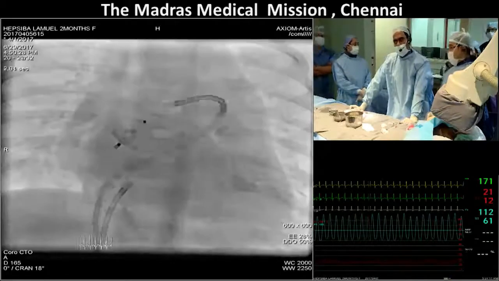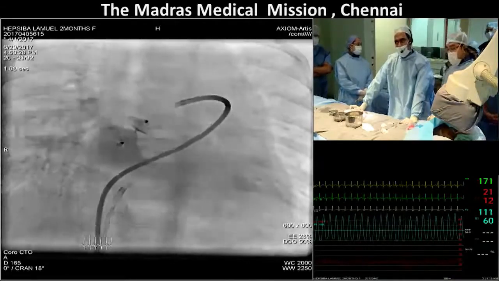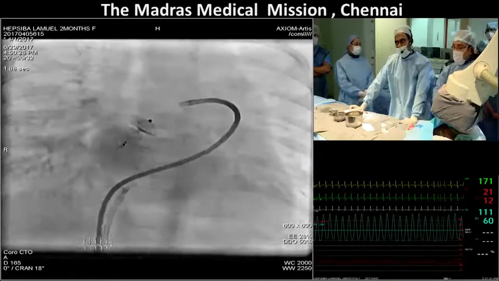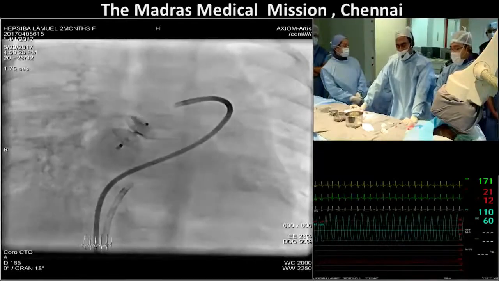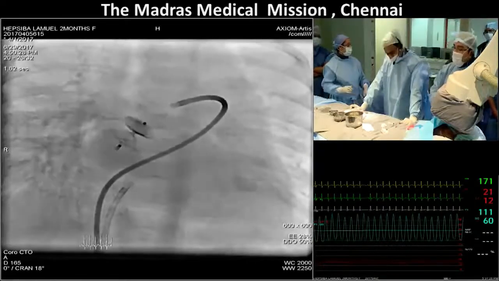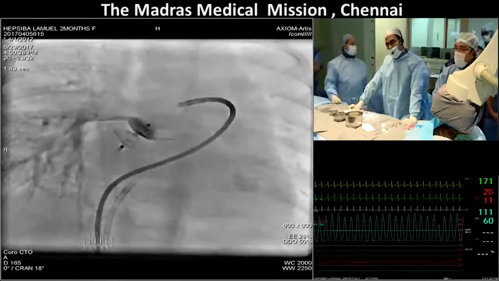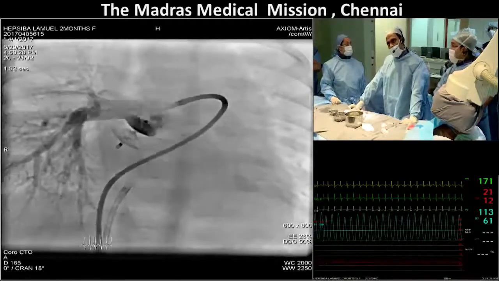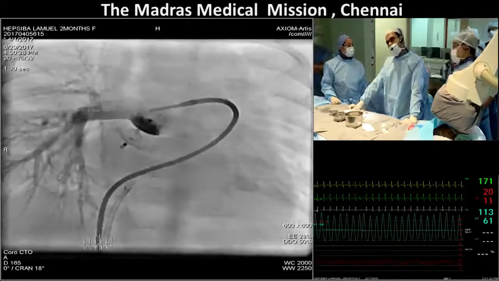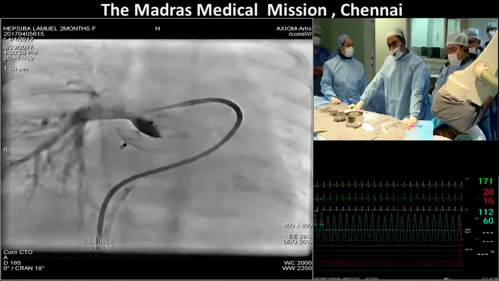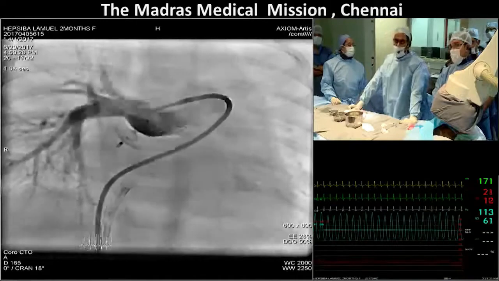Some of them are associated with an aneurysmal pouch in the left atrium, as it is in this patient also. So there may be some slow flow in some corners of the left atrium. And I wonder whether a short course of anticoagulation for maybe about 6 months or 1 year may be